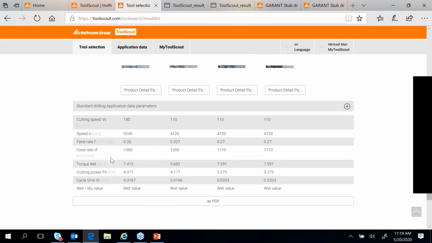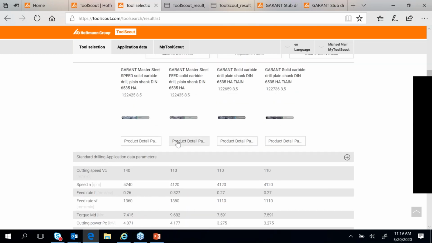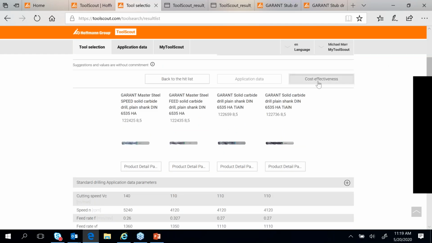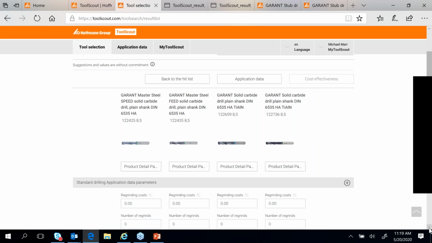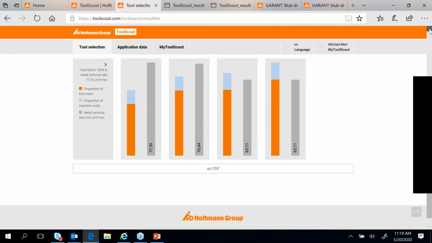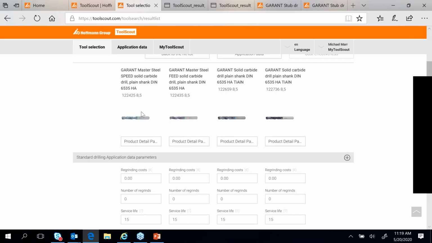So the manufacturing engineer can see here, this one is a lot higher cutting speed. Feed rates are very close. Product details quickly can be accessed by just clicking on the product details page. Cost effectiveness is at his fingertips or her fingertips as well. You can see we're removing a lot more material with these tools per minute, double what we were on the Holex solutions. So we can look at product details, and this manufacturing engineer can look at this tool,